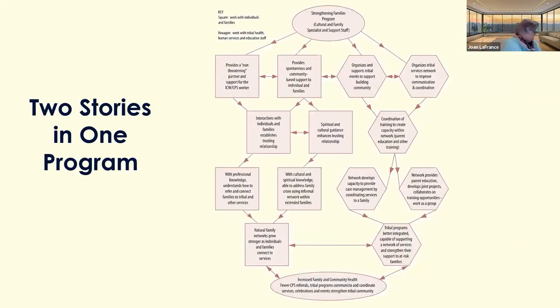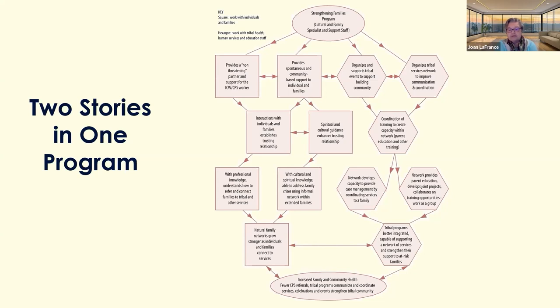This was a fairly small program, but there were 2 stories in one program. The woman did some community organizing work, and she did individual counseling. And so in this case, I just played around and did different shapes for the different kind of work that she did.